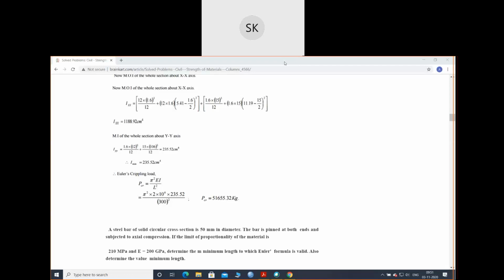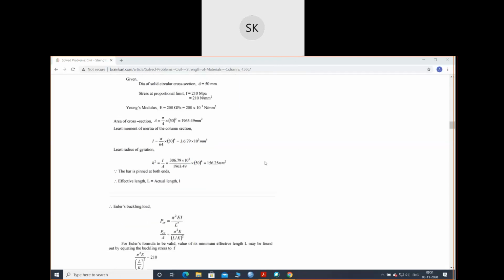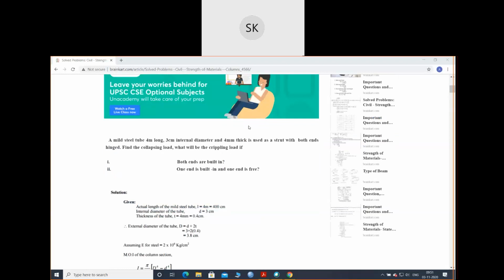These kinds of questions will come in the exam. So before that, clear your I value, mug up the end conditions and what the effective length will be, and the rest will be easy. In the next class we'll discuss the shear force and bending moment diagrams for simple beams, cantilever beams and simply supported beams with two loads. There we'll get one UDL along with one point load.